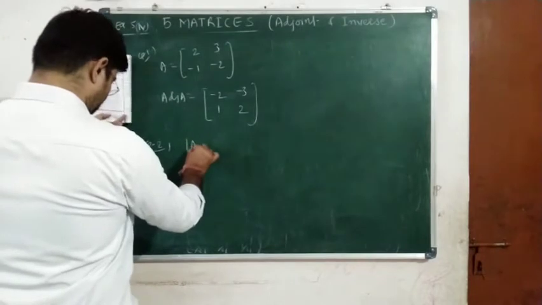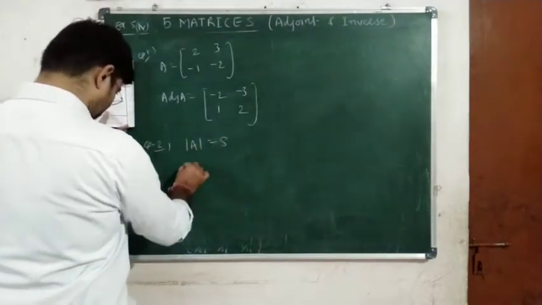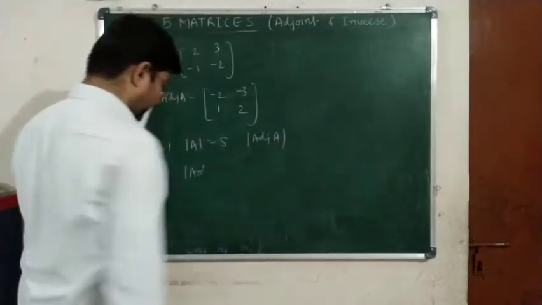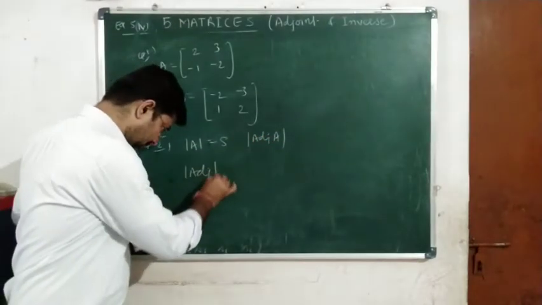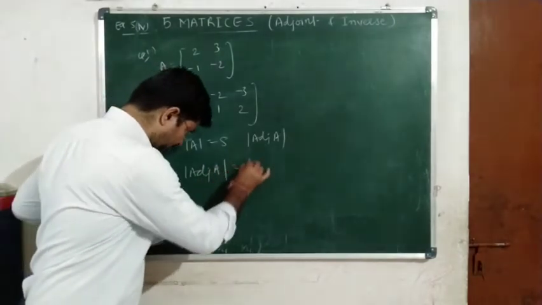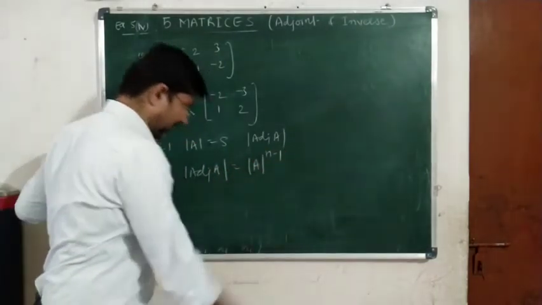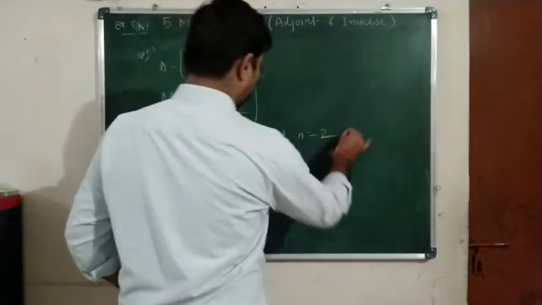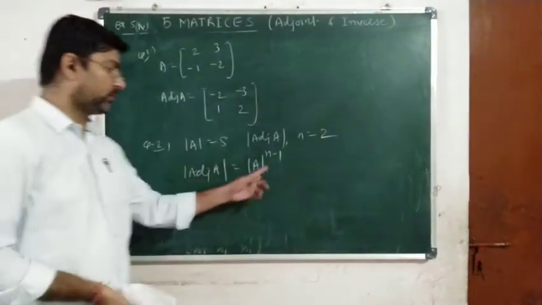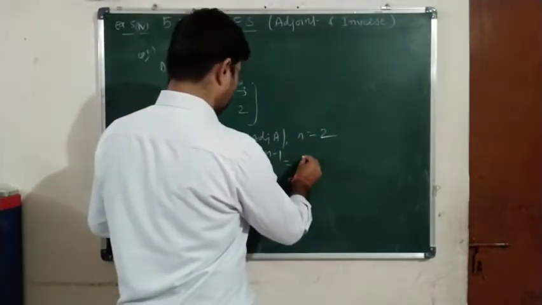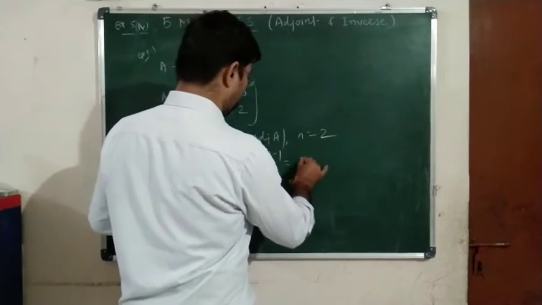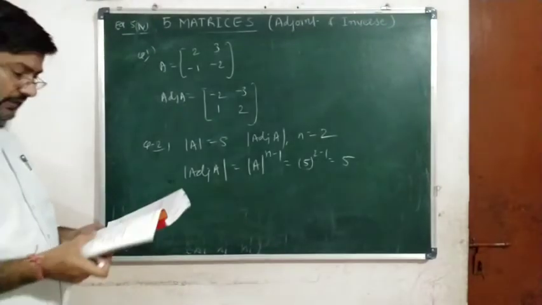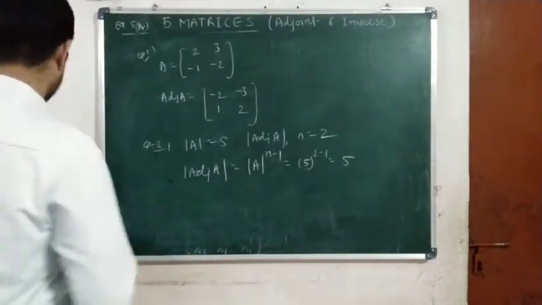Okay, we are given determinant of A. We have to find the determinant of adjoint of A. Now let us recall the property. Determinant of adjoint of A is given by determinant of A raised to n minus 1, where n is the order of the matrix. Here order is given 2 in this particular question. So putting the value in the formula, determinant of A is 5. So 5 raised to 2 minus 1, that is 5 only. Clear? So answer is 5. Okay, now let us solve the third question.